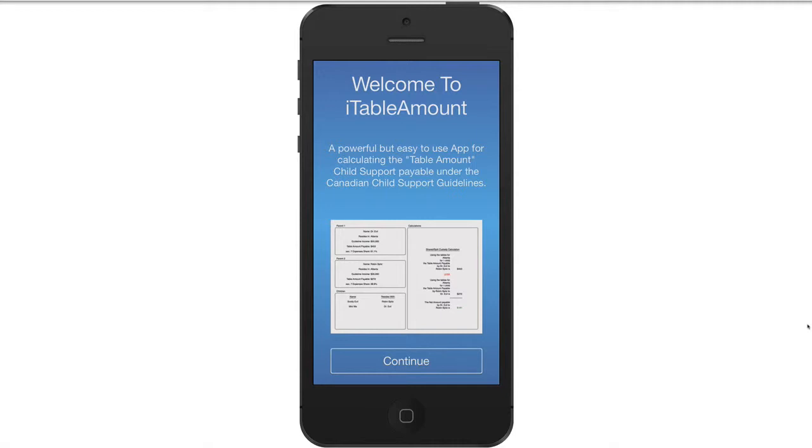iTableAmount is the premier Canadian child support calculator, enabling you to do child support calculations for sole, split, and shared custody arrangements. The files you create can be printed and/or shared with family, friends, and clients. By choosing Continue,